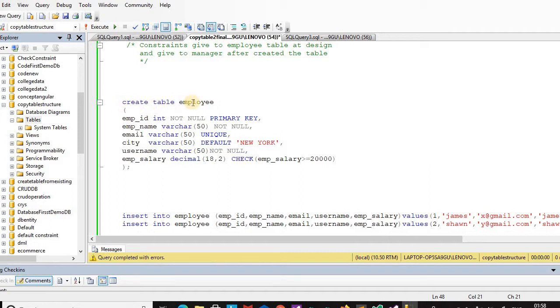So here: create table employee, emp id int not null primary key, emp name varchar 50 not null, email varchar 50 unique, city varchar 50 default New York, username varchar 50 not null, emp salary decimal 18,2 check emp salary greater than or equal to 20,000. So here are the constraints for the employee table, and we will execute this